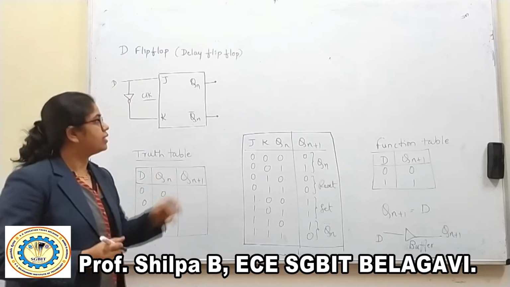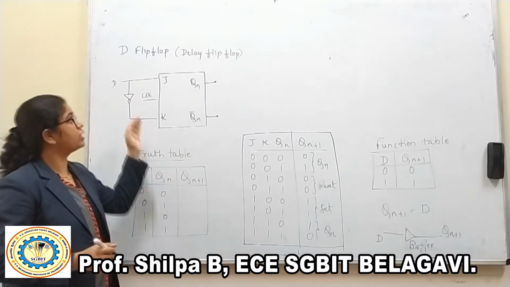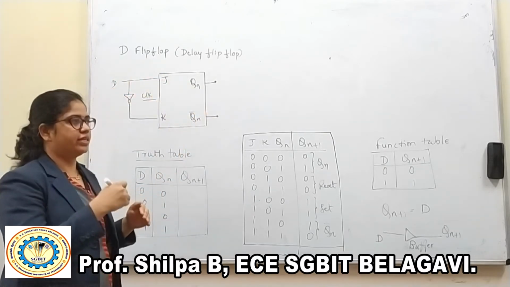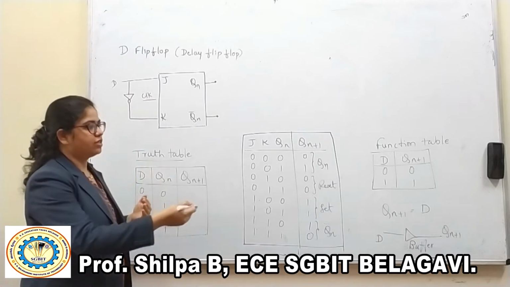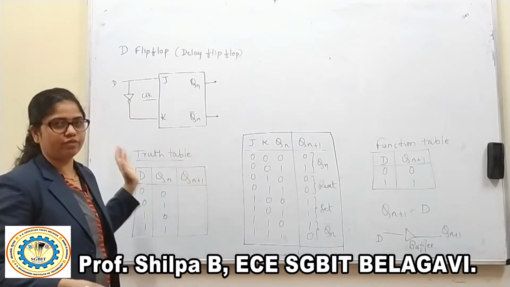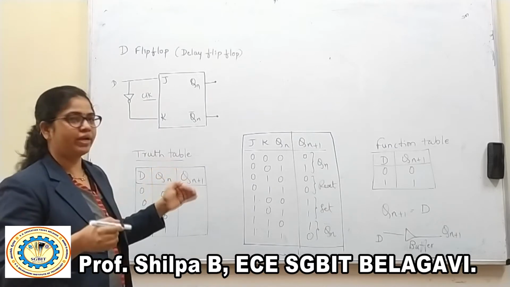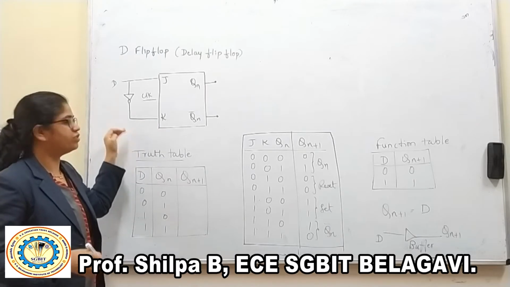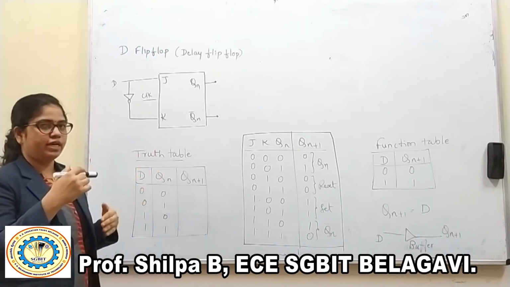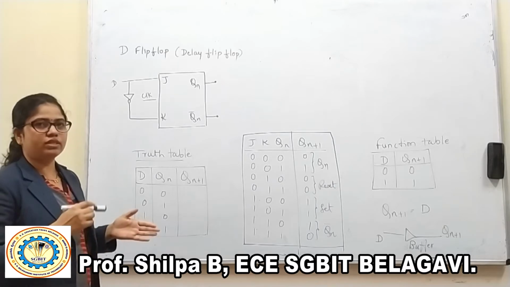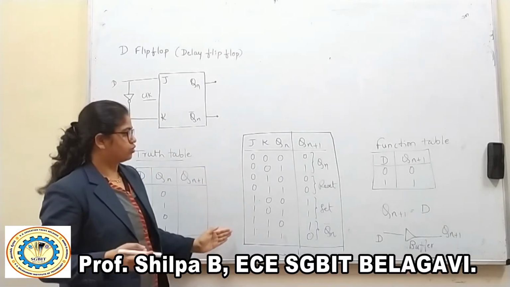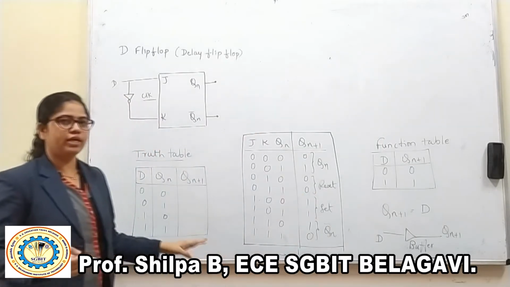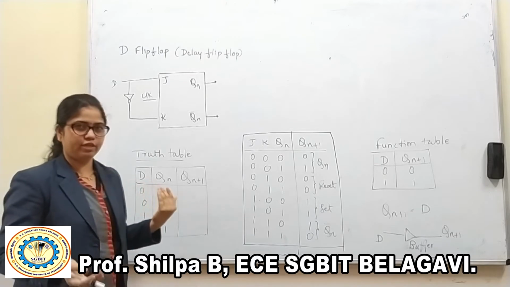This is the D flip-flop. We call the D flip-flop a delay flip-flop. Why we call it a delay, I will tell you at the end, when we have discussed everything about the D flip-flop, and you will realize why it is called a delay flip-flop. I am going to consider this D flip-flop with the help of the JK flip-flop itself, because we have entirely realized the JK flip-flop with all the combinations like 0 0, 0 1, 1 0, 1 1 and all. So I'll take that particular analysis to analyze the D flip-flop also.